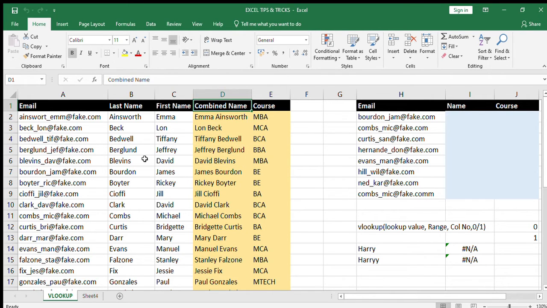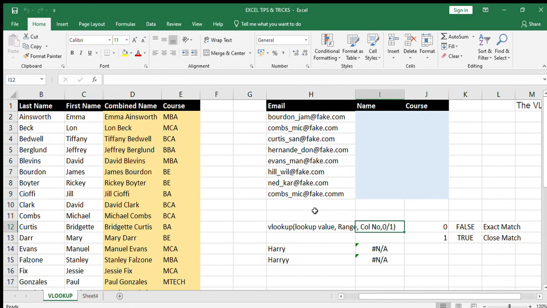So we have the function over here. The syntax would look like this. In the VLOOKUP function you have these parameters. You have the lookup value, so which value you want to look up, then the range, that is from where you're going to fetch the value, then you have the column number, so you have to give the number of the column. If it's column B, then the number will be 2. If it's D, then it'll be 4.